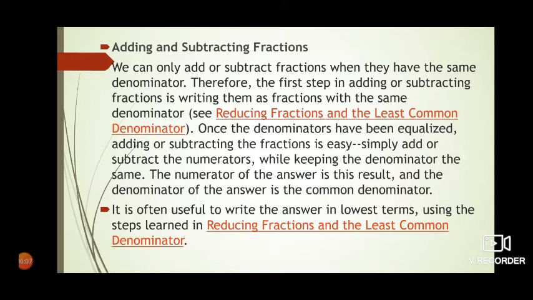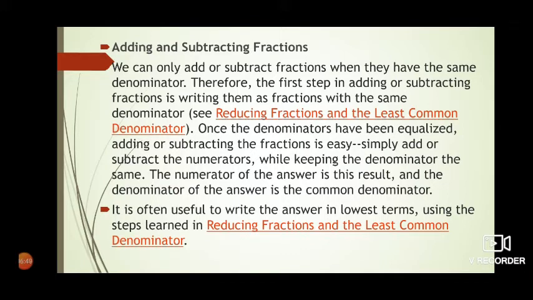Now, whenever we are doing addition and subtraction, what I told you about like and unlike will play an important role. What does that mean? We can add or subtract only like fractions, which have the same denominator. So if fractions already have the same denominator, we will straightaway do either addition or subtraction. You already know integer addition. Here also the addition and subtraction is performed between the numerators, not between the denominators. The denominator will be common, and the same denominator is kept for the result also.